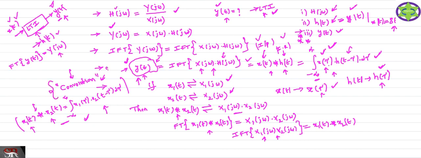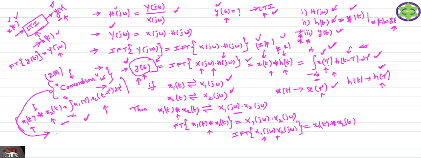So using the convolution operation, we are going to find y of t with the given input and the impulse response, using this integral operation. You just remember the definition of the convolution. I will write down the definition of the convolution. It is given for 2 marks: define the convolution of the two signals.